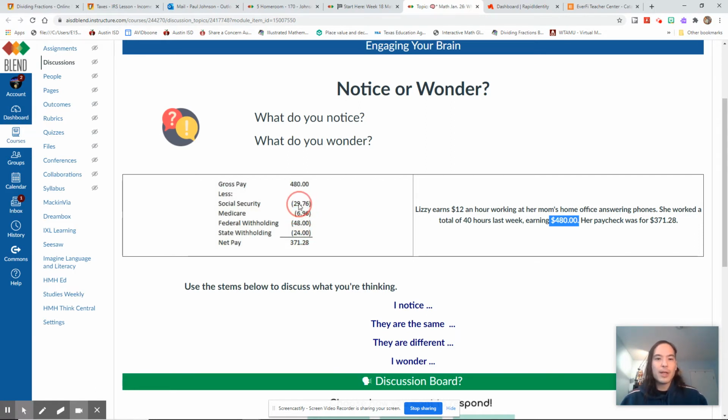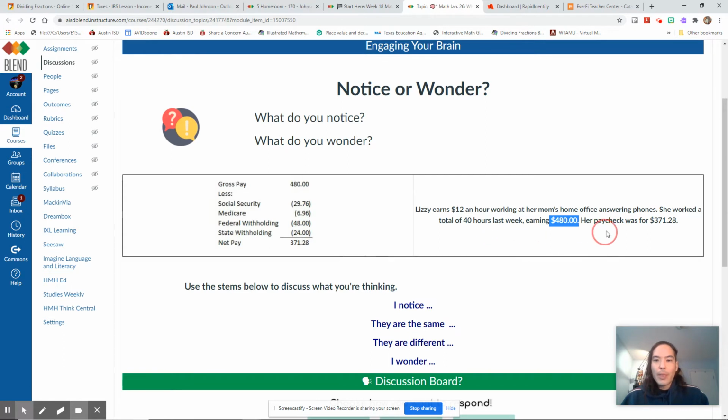When you see just a number by itself in parentheses, when you're talking about money, only money, that means subtract when you're looking at a budget. She is adding $480 to the amount of money she has. Then she subtracts $29.76, subtracts $6.96, subtracts $48, subtracts $24, and that leaves her with her net pay of